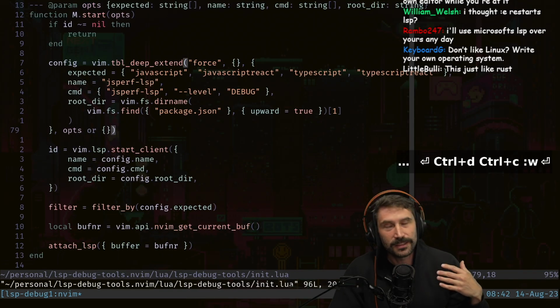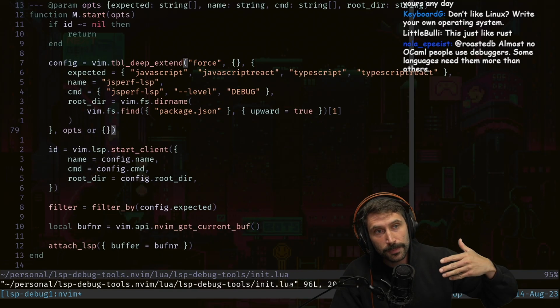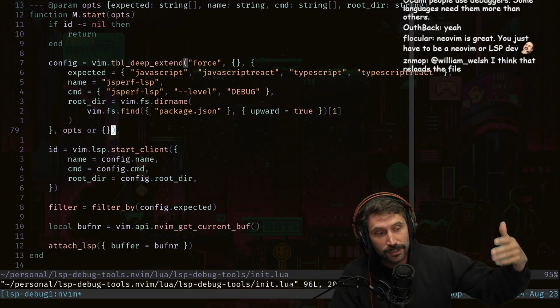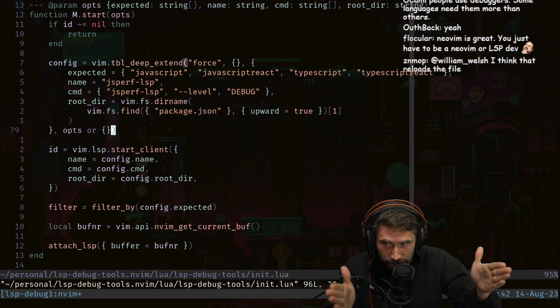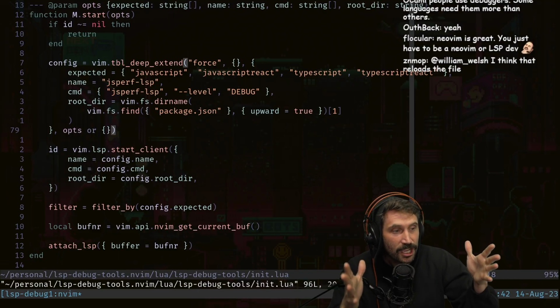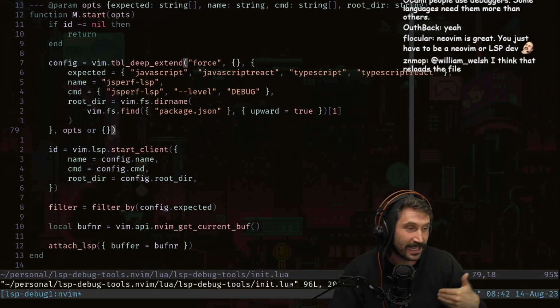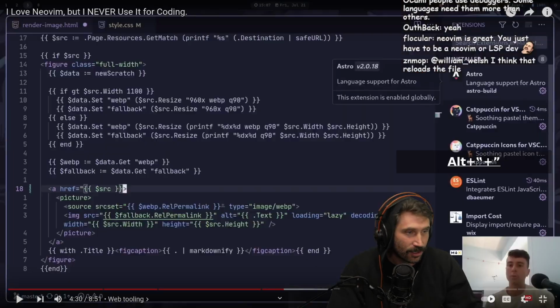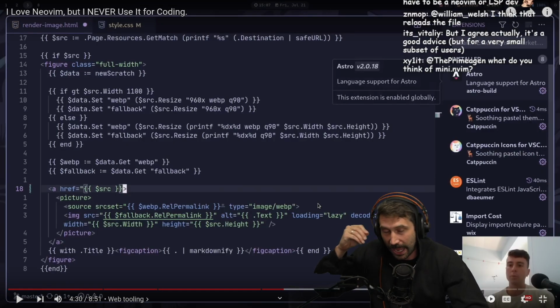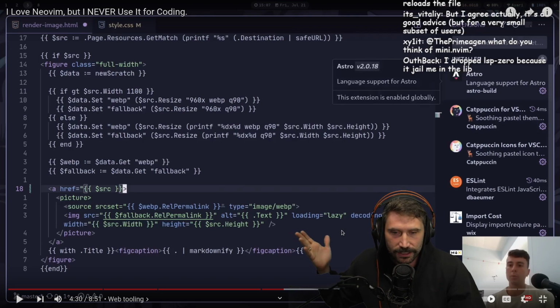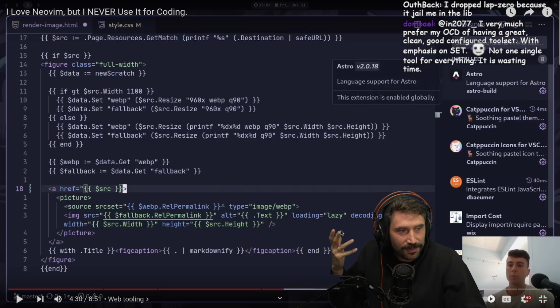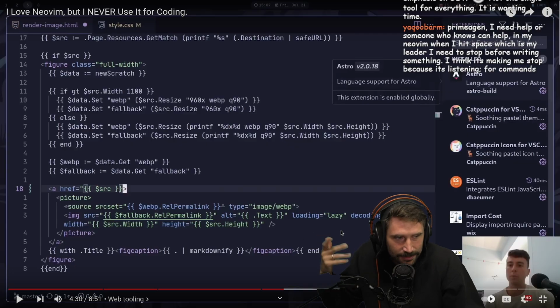The problem with LSP 0 is that you're learning a plugin that uses a plugin that uses a plugin that uses a system. There's so much to it that when you try to actually do the thing, you have to go through so many layers of abstraction that I find it difficult to actually do the thing. You know what I mean? Even though they've done a very good job with it. I'm not saying they haven't done a good job with it, and I am happy. I used it for 1 year. I'm almost up for 1 year now at this point using it. And I just find some things become really annoying when I need to edit something.